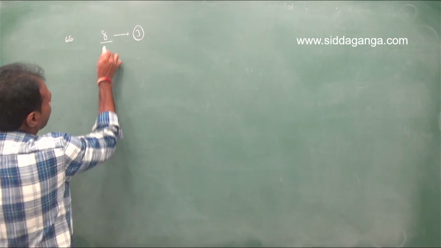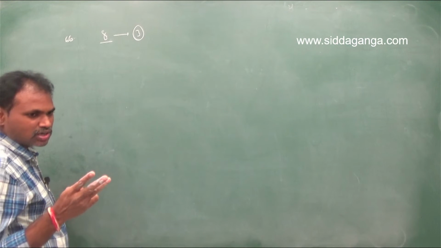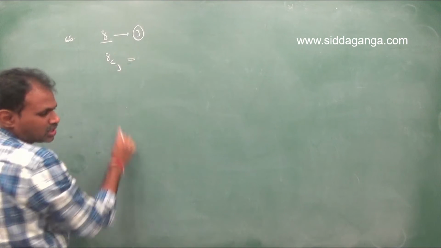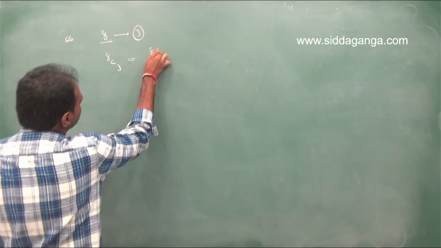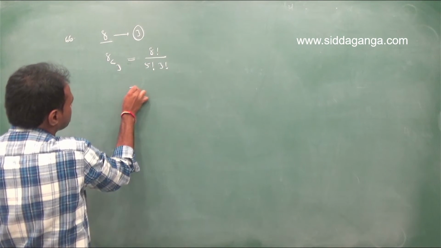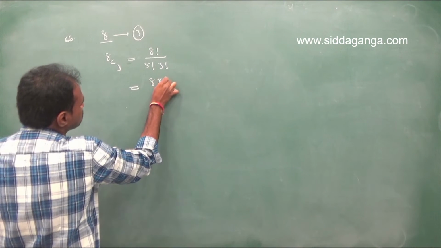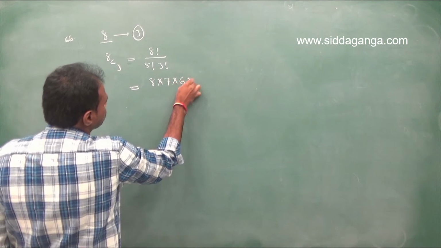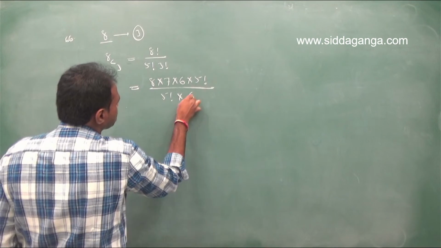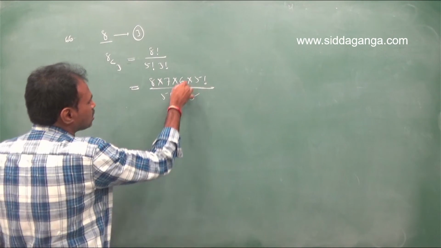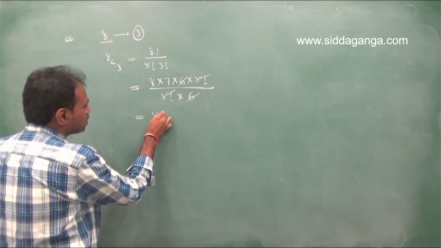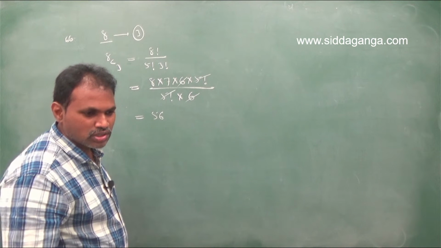Now total 8 children are there. You have to select 3 children to go to the zoological garden. Therefore 8C3, which equals 8 factorial by 5 factorial into 3 factorial. We can write 8 factorial as 8 into 7 into 6 into 5 factorial, divided by 5 factorial into 3 factorial, which is 3 into 2 into 1, that is 6. The 6 cancels, 5 factorial cancels, and 8 into 7 is 56. Therefore, option 1 is right. Next question.